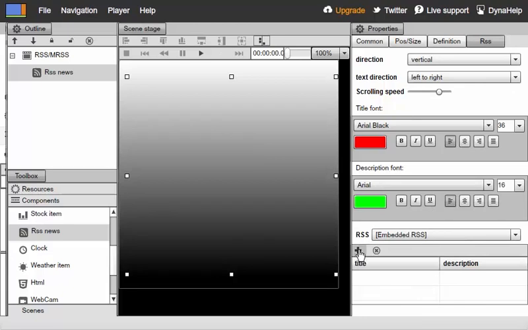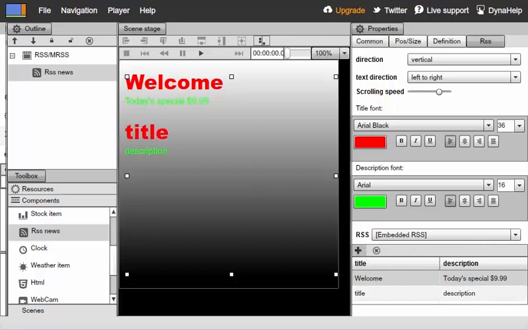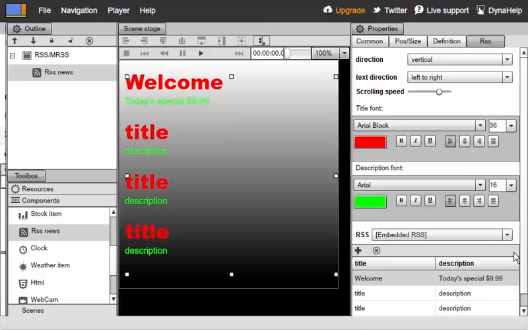So if I click on this plus sign right here, I can add a new field, and in this field, if I click on it, I can say welcome, and over here in the description I can say today's special. So now I can add my own custom RSS information, and if I click on the plus sign one more time, I can add another field and another field,